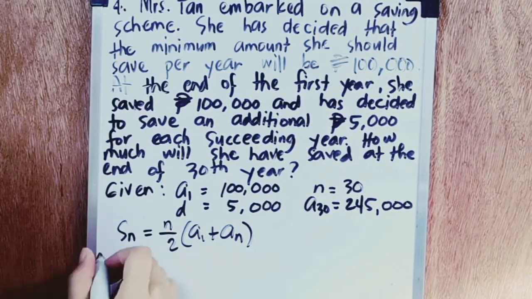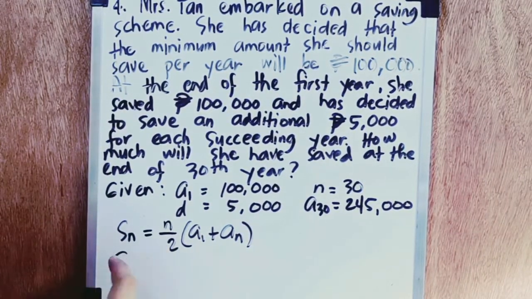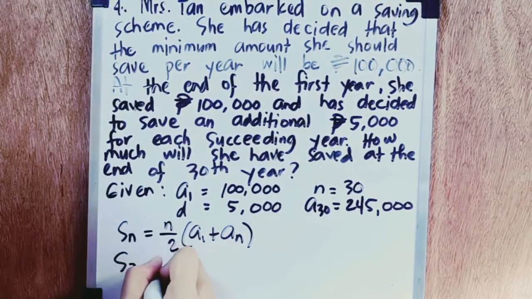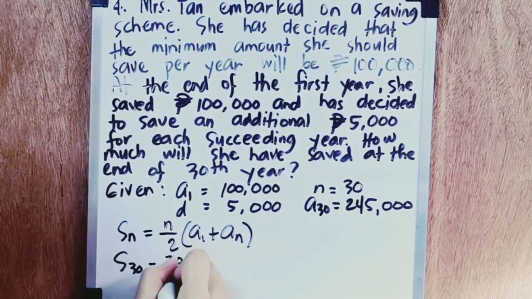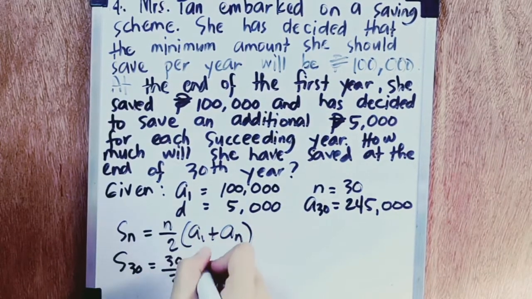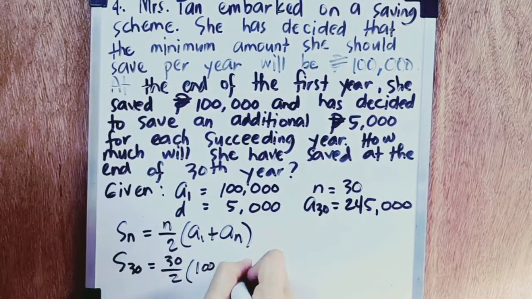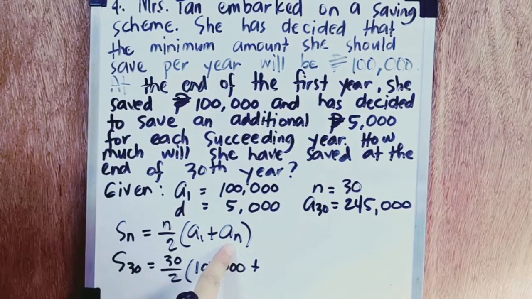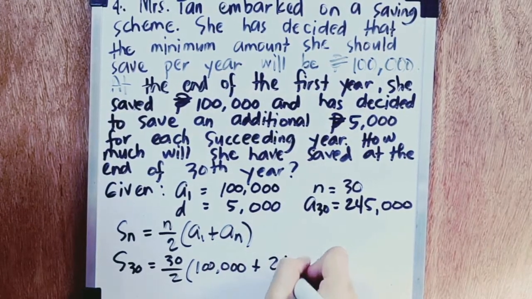So substitute the value: S sub 30, where the value of n is 30 over 2. A sub 1 is 100,000 pesos plus the last term, or the A sub 30, which is